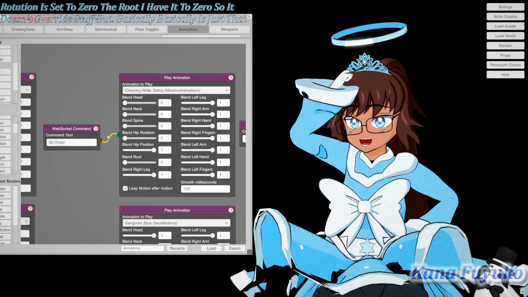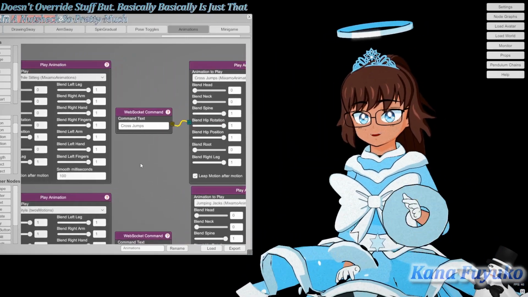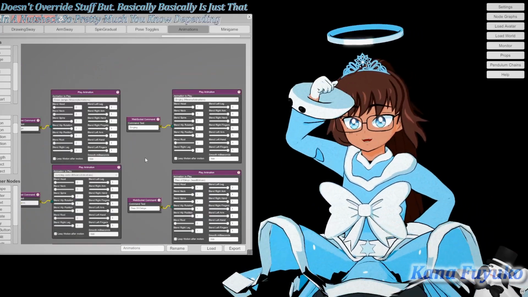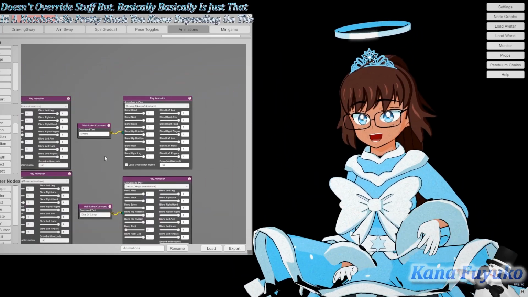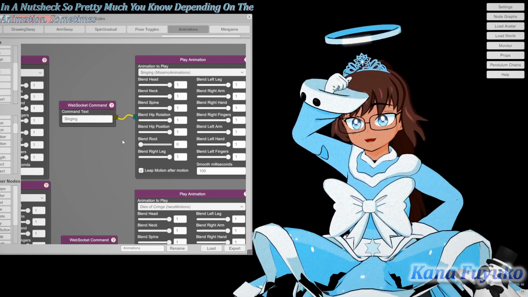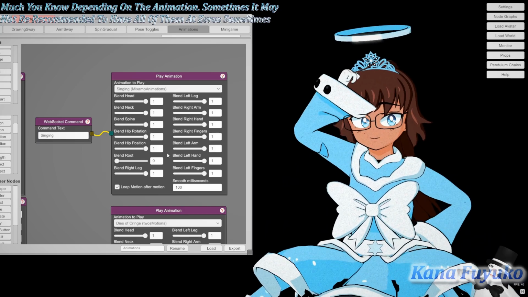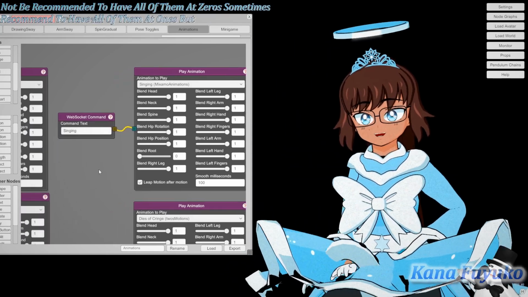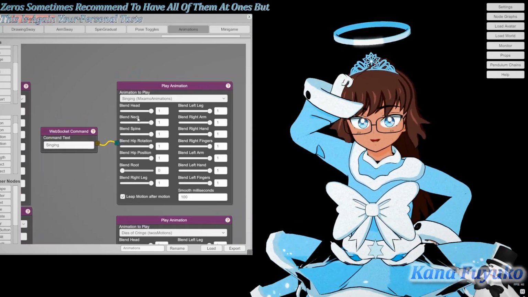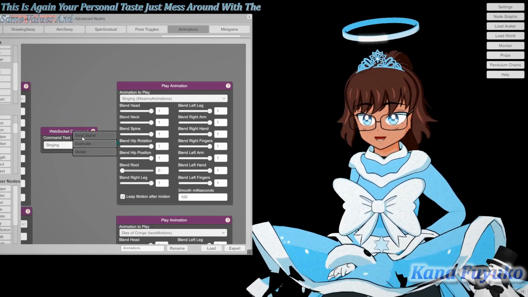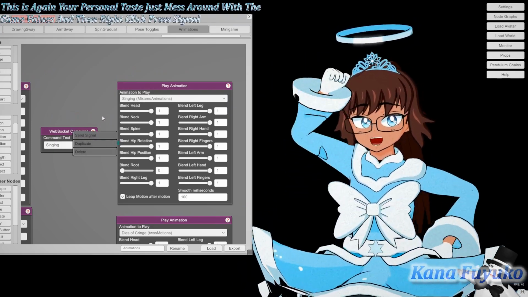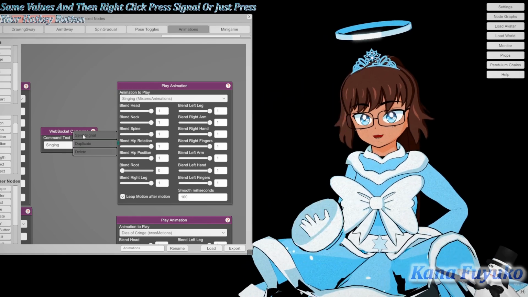in a nutshell. So depending on the animation, sometimes it may not be recommended to have all of them at 0s. Sometimes it's recommended to have all of them at 1s. But this is, again, your personal taste. Just mess around with the setting values and then right-click, press signal, or just press your hotkey button. And then that way you can